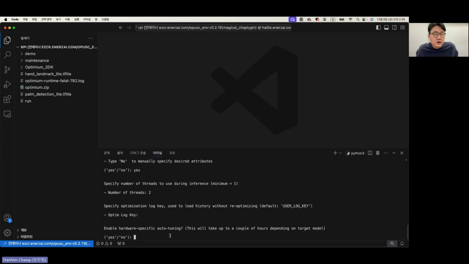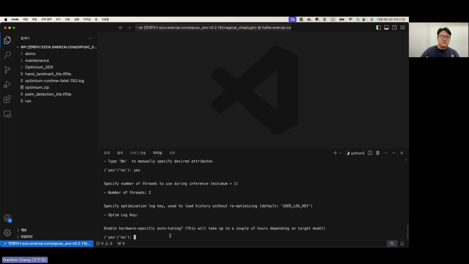Finally, the prompt asks if you would like to enable the hardware-specific auto-tuning, which is very important. If you are to use Optimium in the near future, based on our beta license, we highly recommend using auto-tuning because it's the step where the Optimium output's inference performance is gained the most. For now, the auto-tuning process takes some amount of time, so it could take hours for big models.